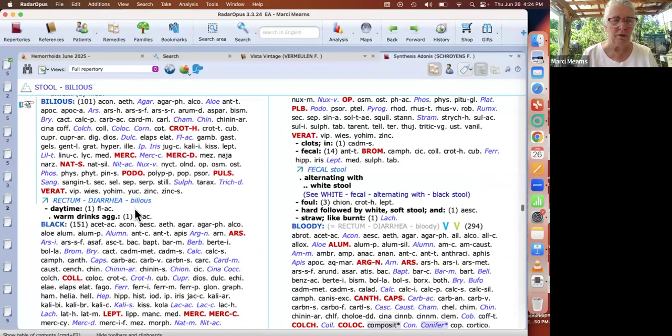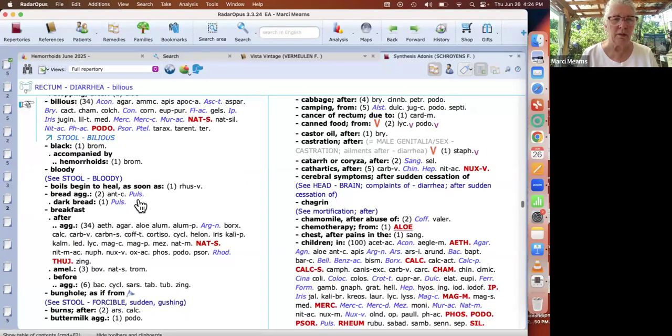Okay, there it is. Oh, I could have taken that one, and then this is the other one that I took, I think. Bilious diarrhea. Okay. Oh, accompanied by hemorrhoids. Bromine, who knew? Okay. Guess I missed the mark, huh? Okay, so